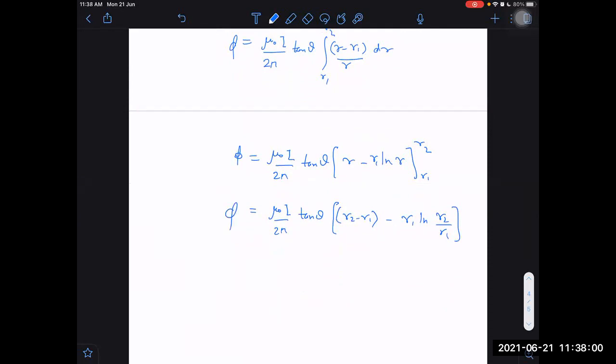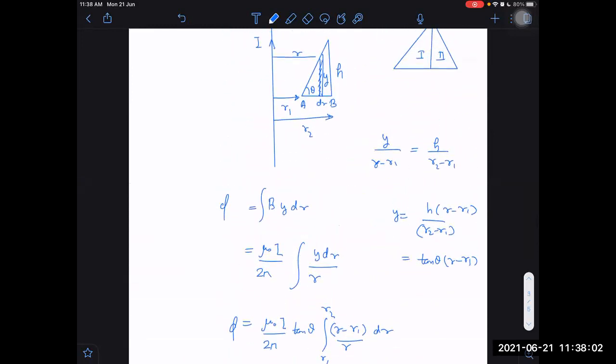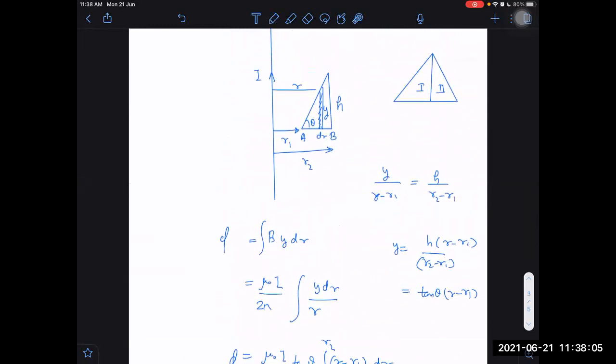So we have determined the flux value for the right angle triangle, which has the side parallel to the wire away. That is the first case. In the second case, the side parallel to the wire is placed closer. That will be a slightly different approach. What is the approach? I will remember only one formula, and I can get the other. Yes, the total rectangle minus this lower triangle will give us the flux through the upper triangle.